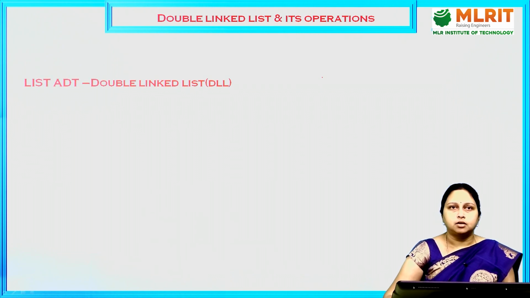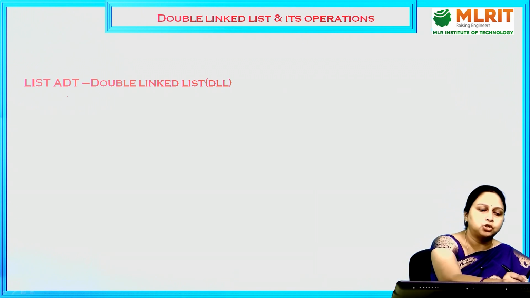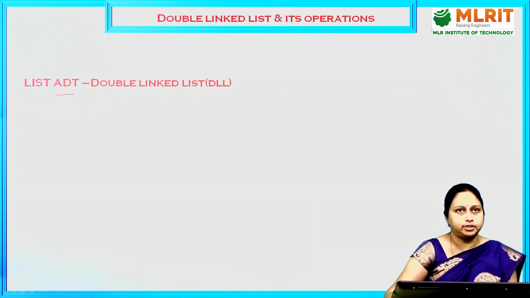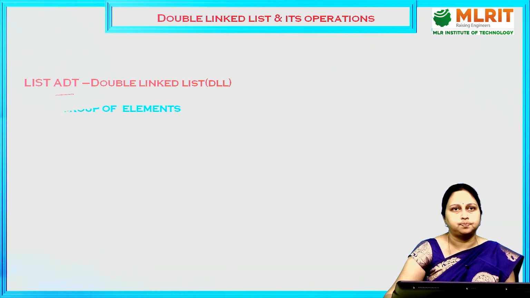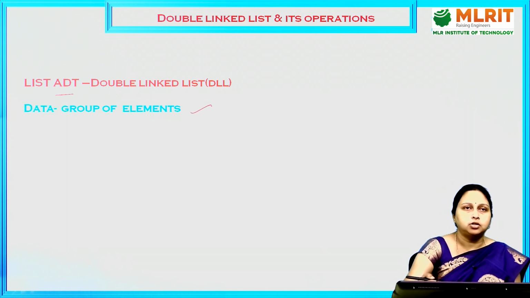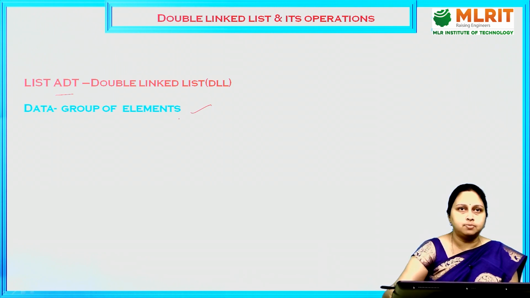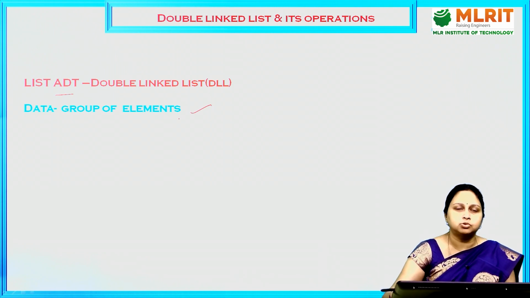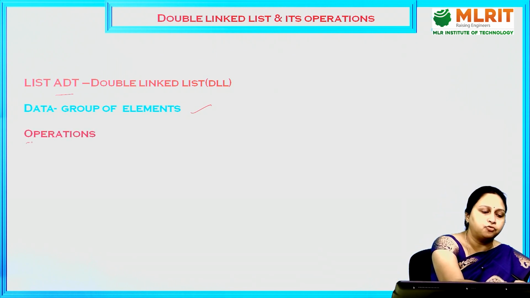Here, what is a list ADT? We already know ADT is nothing but a collection of data and operations to be performed. In double linked list, what are the different operations we can perform? Let us see. Here, the data is the collection of elements to be represented in terms of a double linked list. And what different operations we can perform here are: